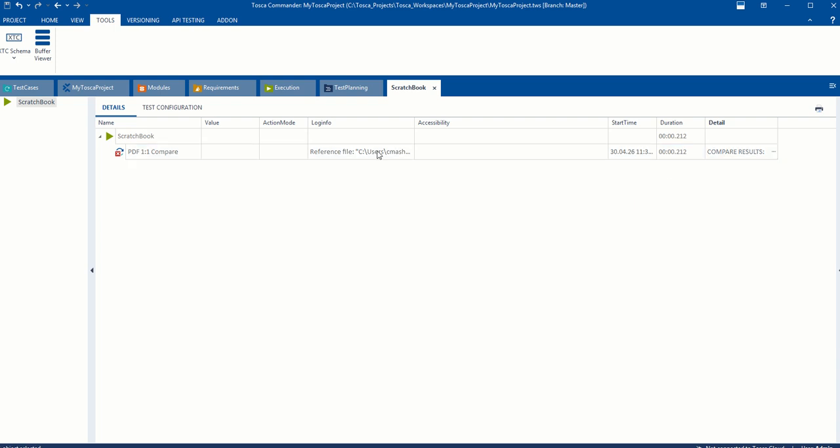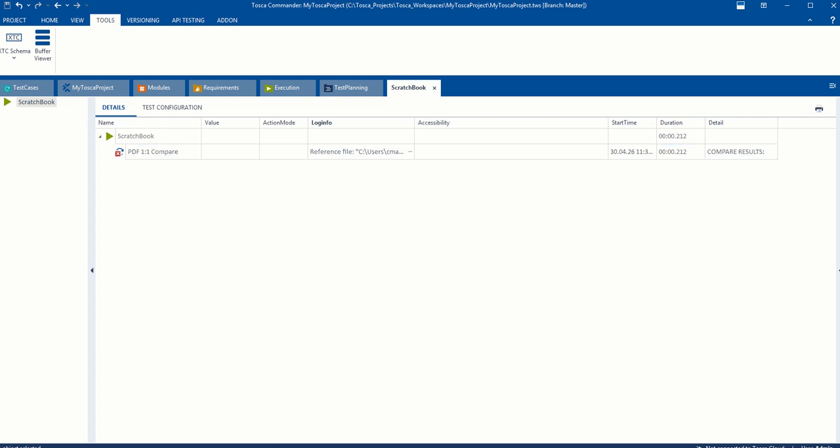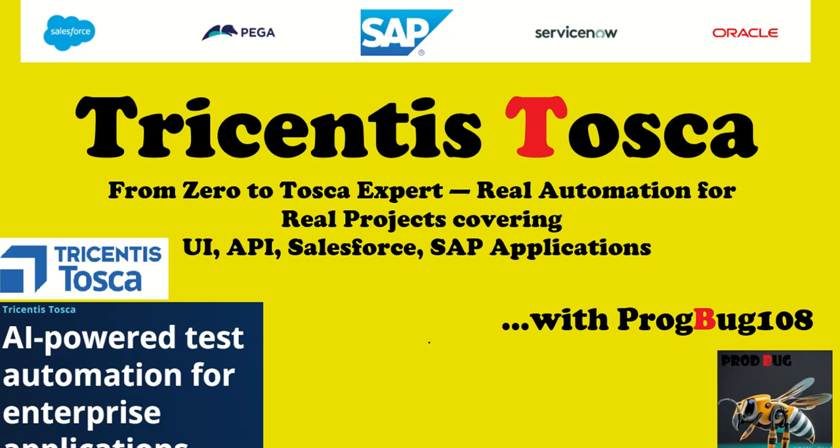Okay, let's see the log info. There are 0 out of 1 target file successfully met comparison, etc. Failed pages have been stored to. Okay, so in case of failure they store the results. Okay, in case of success no result will be saved. Okay, so let's go and